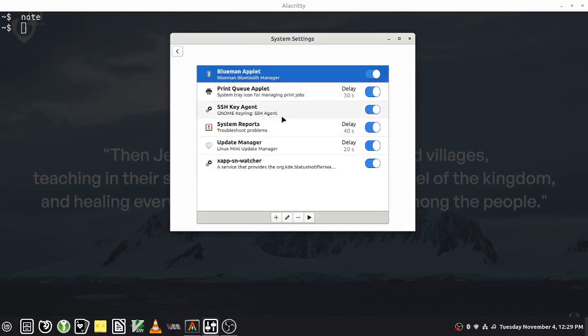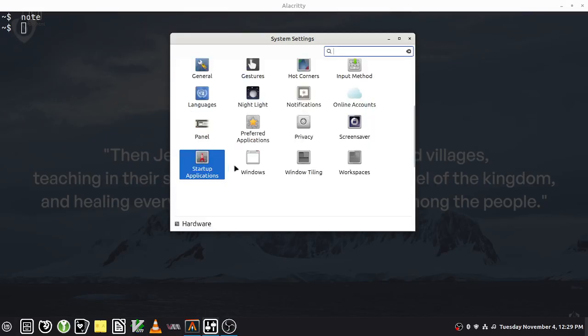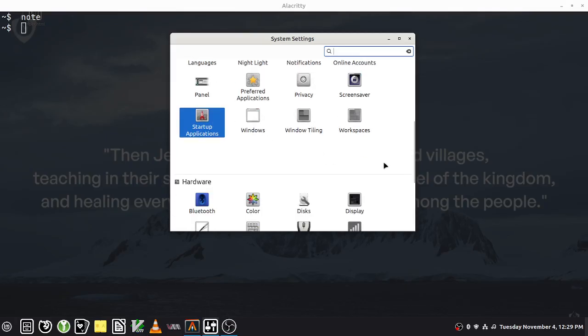Startup applications, so when you log in, you want certain things to start up, you can put it in here. So what do I got? System reports, the Bluetooth starts up, yeah. Print, I don't really print, so I don't really need printing starting up. Update manager starts. Okay, so Windows, window tiling, workspaces,